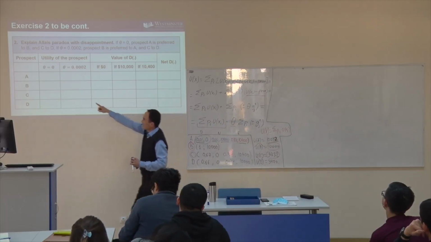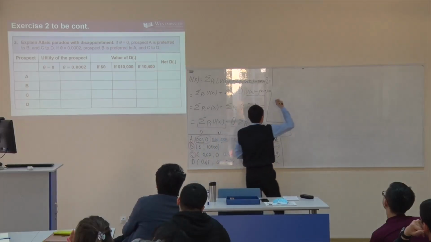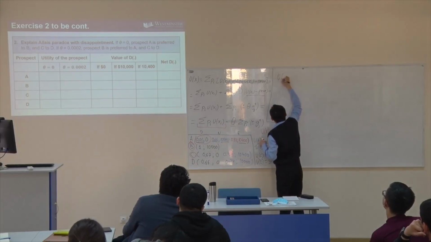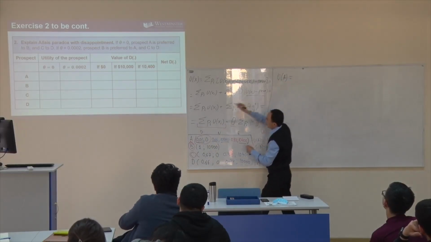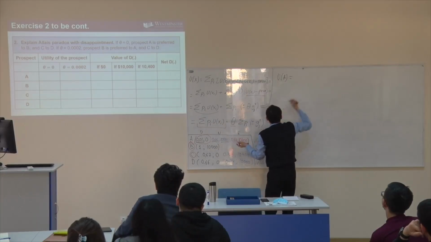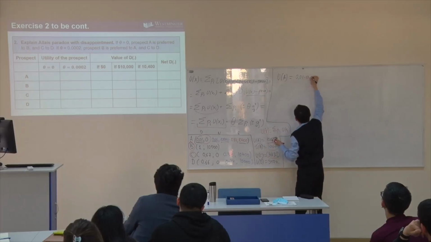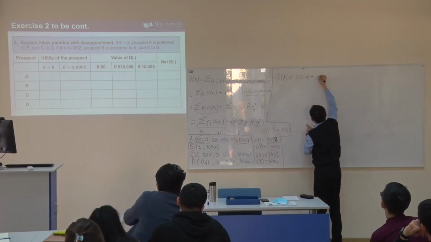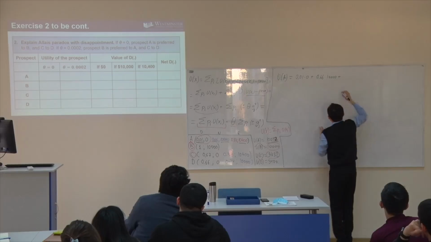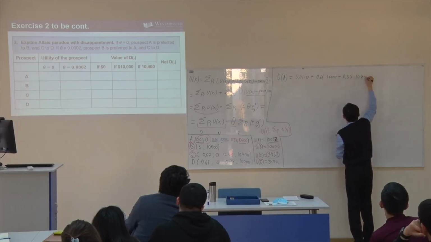Let's calculate. In the case of prospect A, what's going to be the case? I am going to calculate expected utility, which is controlled for disappointment. So now, prospect A, first we should calculate expected utility. Everything is given for us, yes? So now, there is 1% probability of getting 0 plus 66% probability of 10,000 and 33% probability of 10,400.